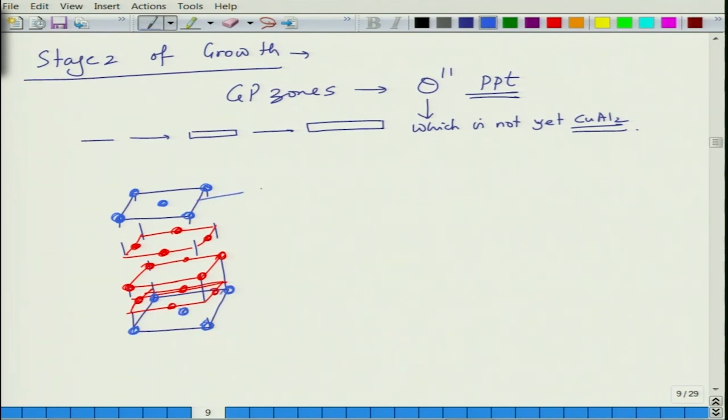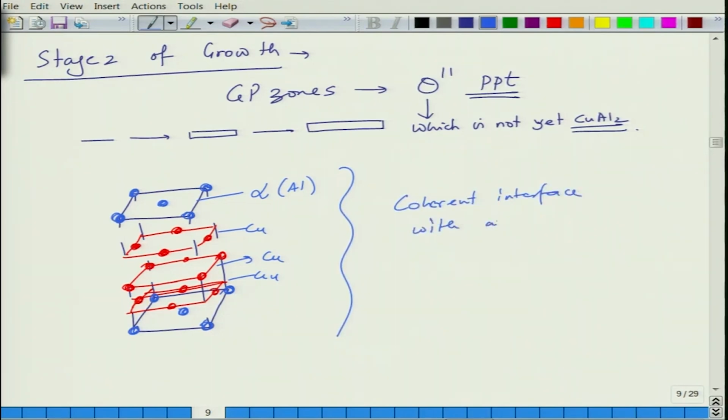So this is basically alpha, or aluminum layer, this is copper, copper, copper. So this still forms a coherent interface with atomic contact, but with more distortion at the interface because of strain due to